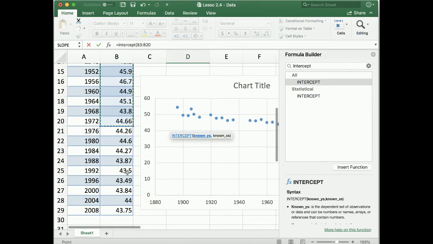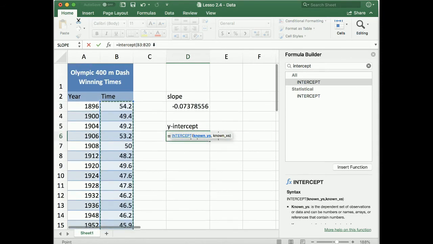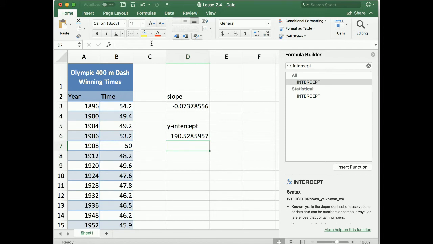Again, I'm having some trouble here, so I'm going to type it in to B29, hit comma, and then we'll do A3 through A29. And there is our y-intercept. And so our trend line,